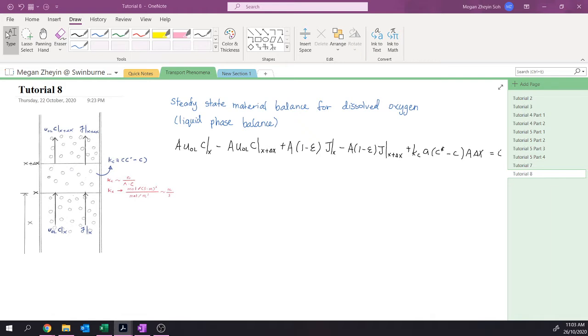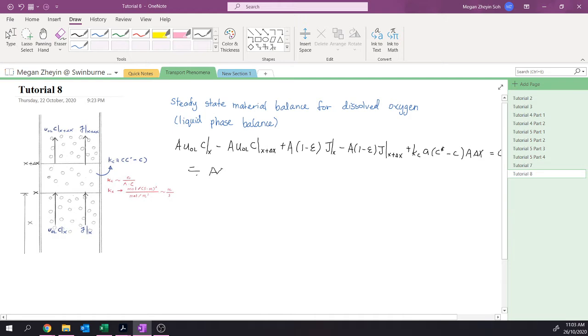So first we will have the steady state material balance for dissolved oxygen, where we are balancing for the liquid phase, which is this equation. So the first part over here is your convection, and this part is your diffusion, right? Then we can divide the equation